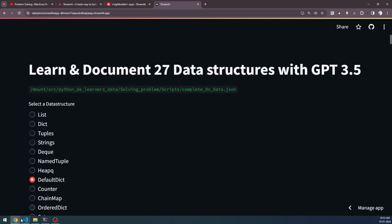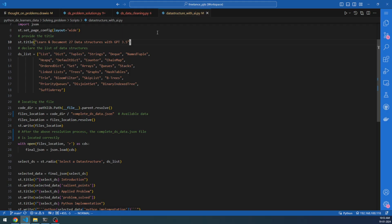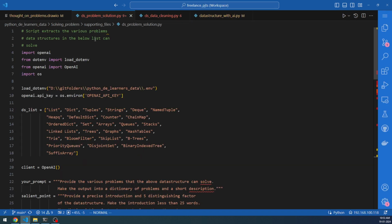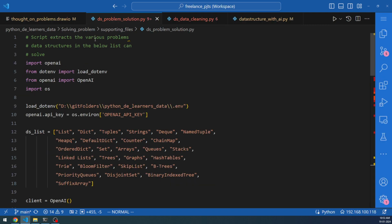All the code that you see here, all the scripts, has been written manually. It is not taken from OpenAI. The idea here is that OpenAI can actually do these things for you. ChatGPT can do this, but the way it will do it will be completely different. That is one of the major reasons why I used my own ideas to come up with these particular scripts. To begin, let us start with the